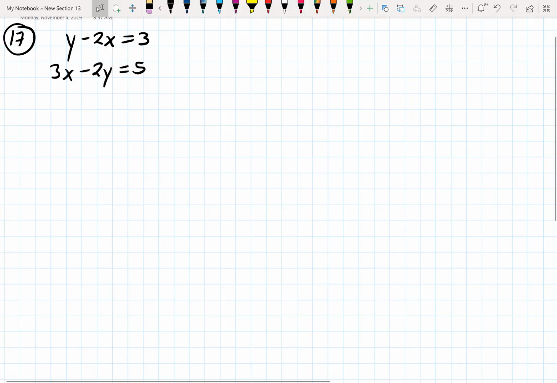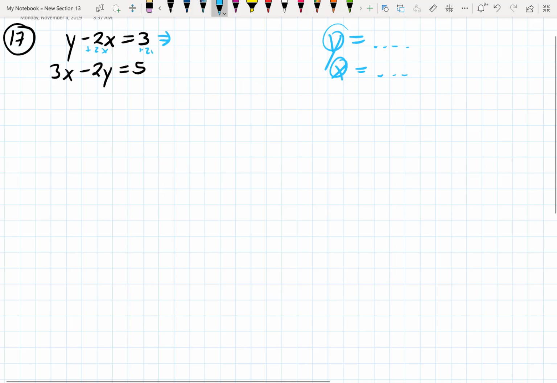Okay, so if we want to solve this by substitution, usually we want one of these to be like y equals or x equals something something. So we want one of the variables isolated first. And so I can see that for this top one, I can easily isolate the y by just adding 2x